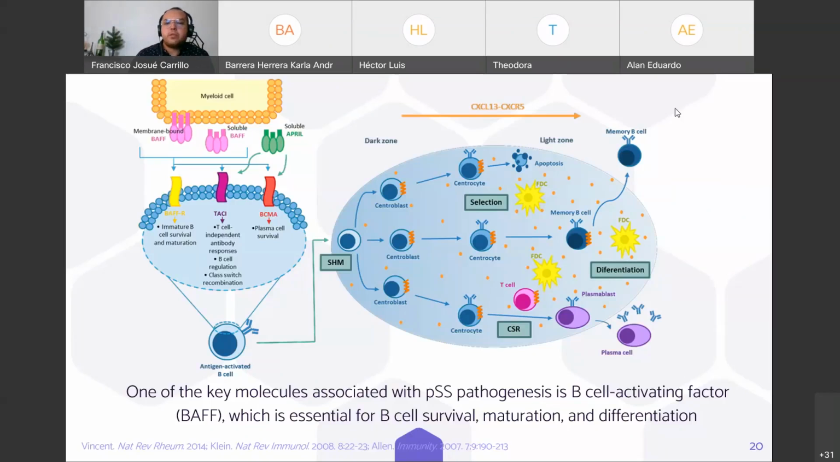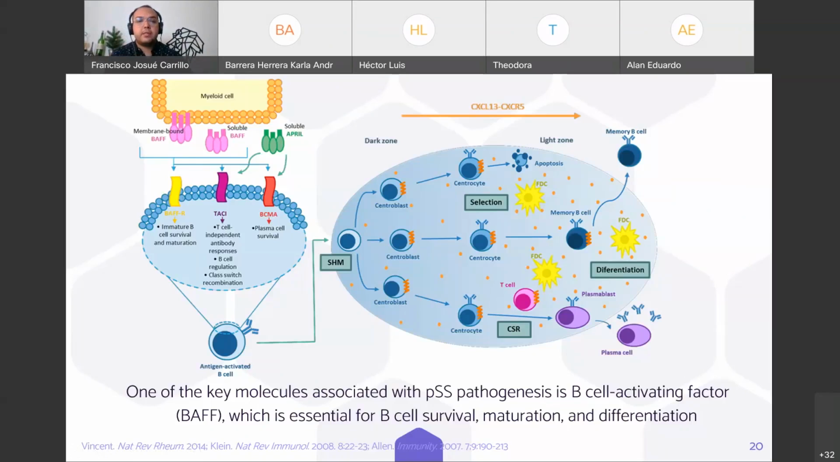So one of the key molecules described several years ago is this cytokine that is essential for B cell survival, maturation, and differentiation. And this is mediated, for example, by the signaling pathways conducted by its receptors. BAFF